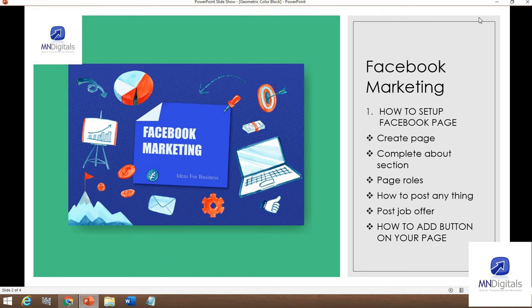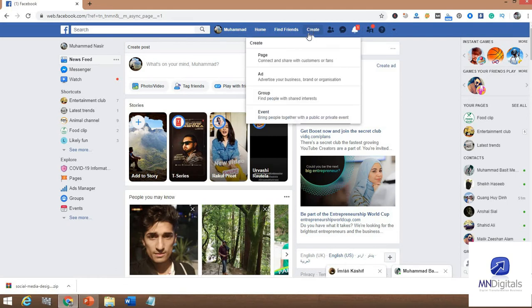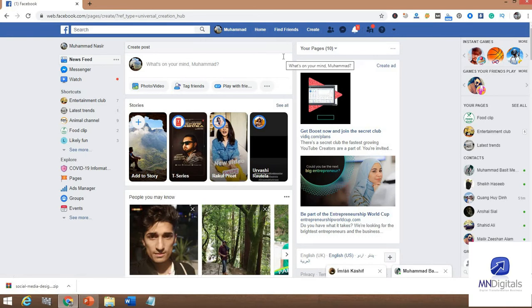So without wasting any time, let's move to the Facebook account. Let's create a page. You can see the bar, and right in the middle is written create. You have to click on create, then you have to click on page. If you click on page, you will see that there is